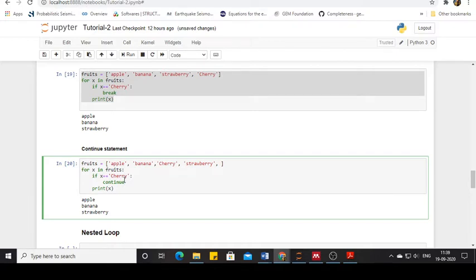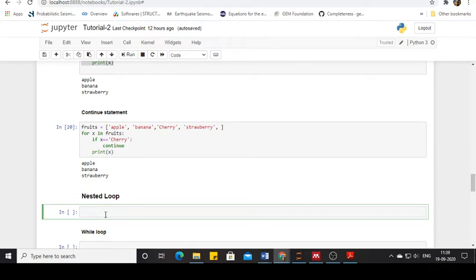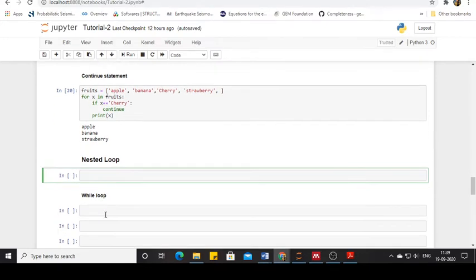and the same thing happens with banana as well. But when it comes to cherry, wherein the if condition is actually satisfied, continue means that that particular iteration is over and it has to go to the next iteration wherein x becomes equal to strawberry. So this is the significance of the continue statement. And now, similarly to how we saw a nested if, we are going to see a nested